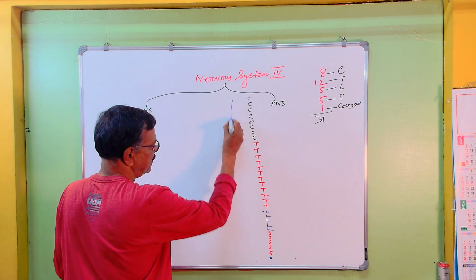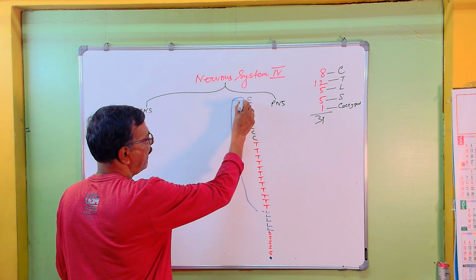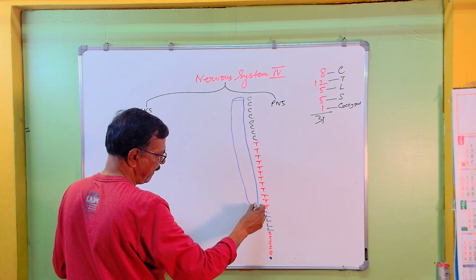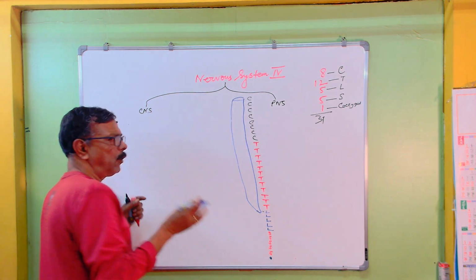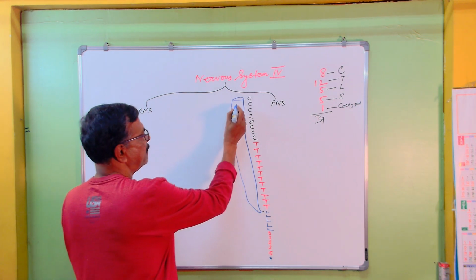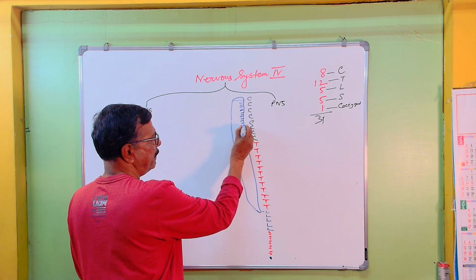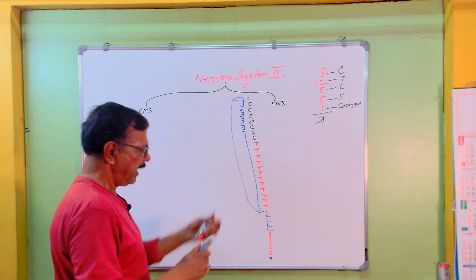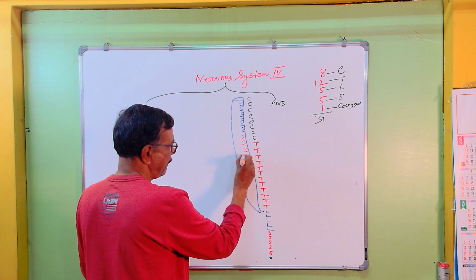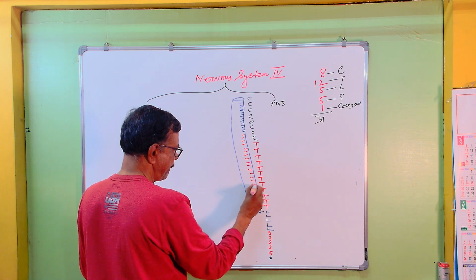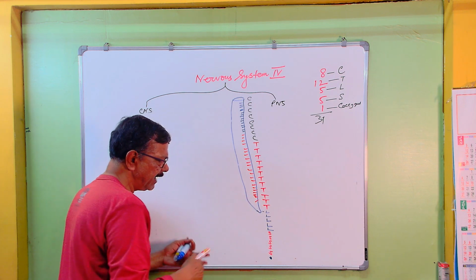The spinal cord also has the cervical 8 pairs of nerves and 12 pairs of thoracic nerves, and thereafter